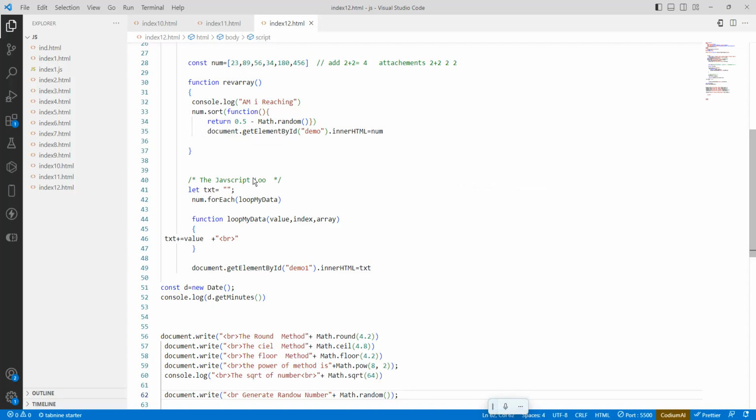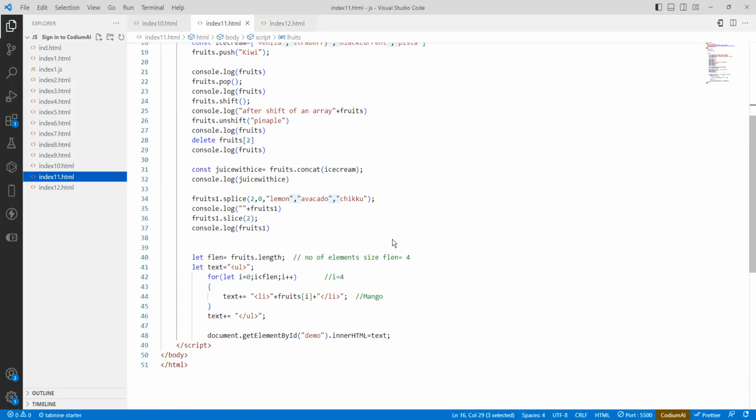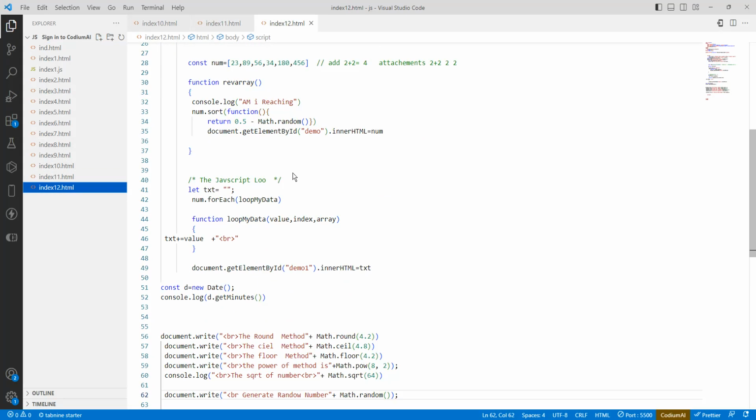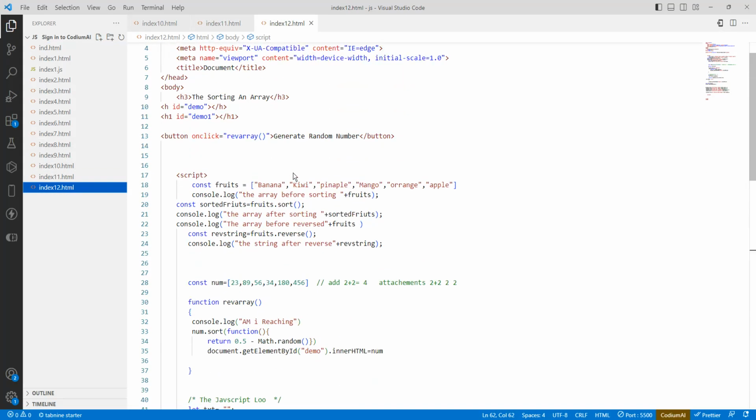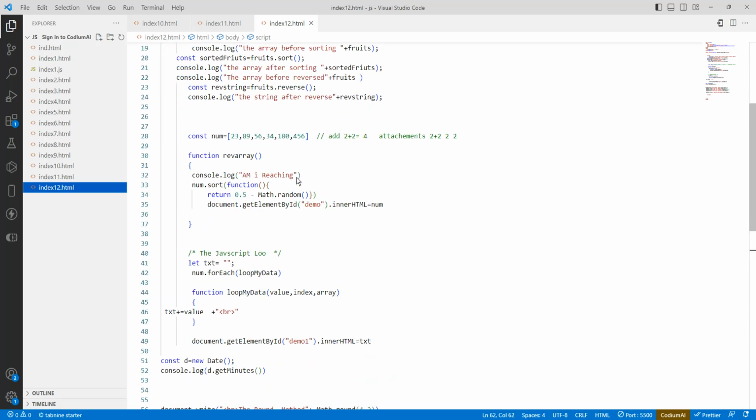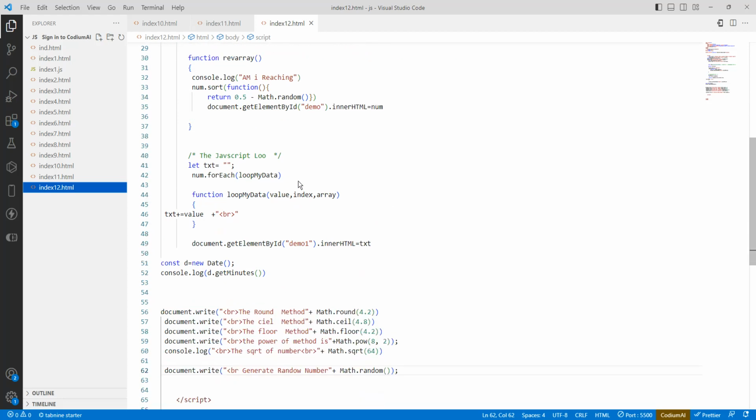So fine. Today we have learned about different array methods, reversing an array, numeric sort, and date functions: what the date methods are, how to get the full year, month, date, and everything. And also rounding a number, Math.ceil, floor, square root, random number generation. These are all used in daily life. For example, if you go to Swiggy or Zomato, if they have a 52 rupees